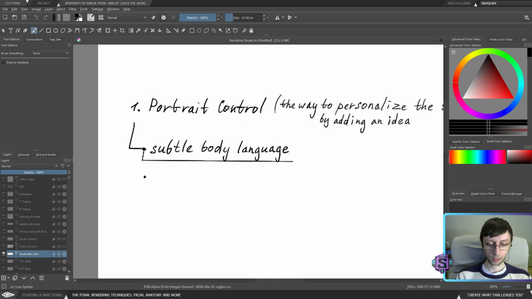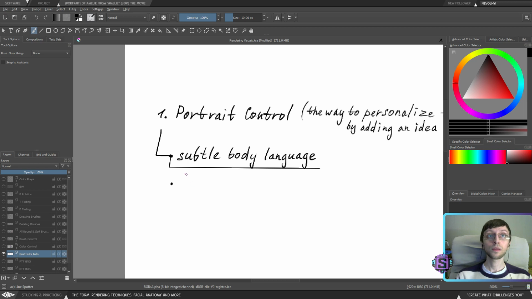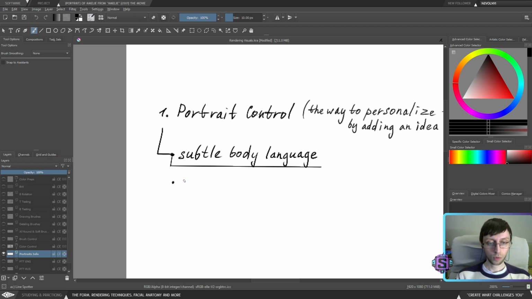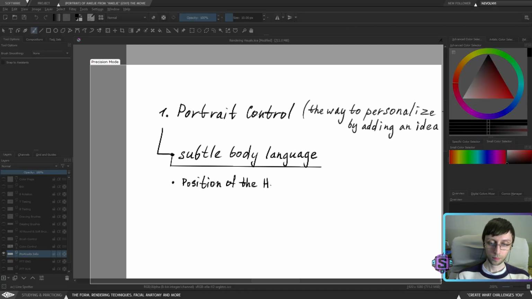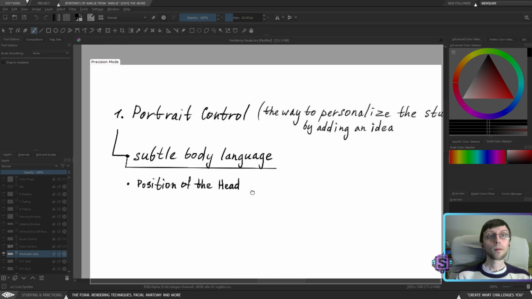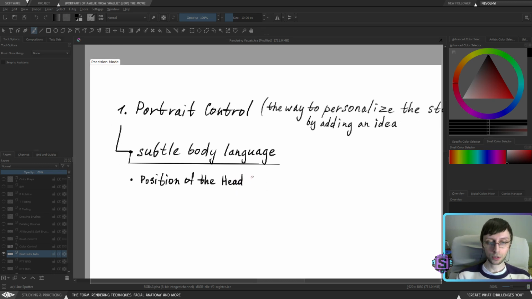I guess it's clear. If we have only these 3 elements, we can control only things within those 3 elements. So first is the position of the head. We're definitely able to control the position of the head, which is a direction.